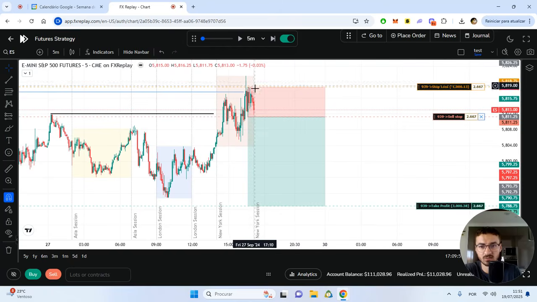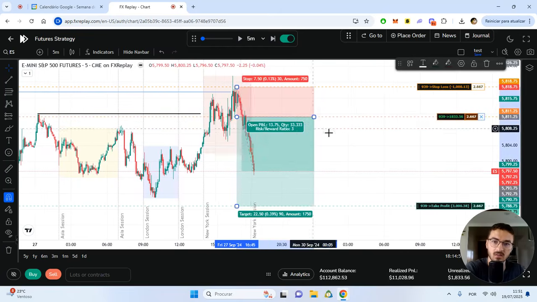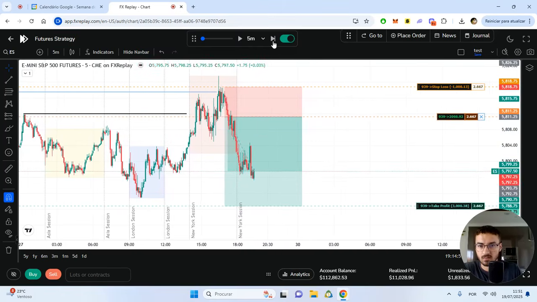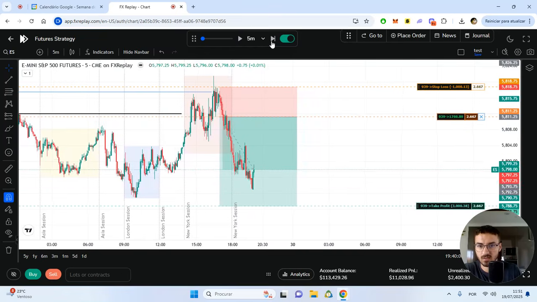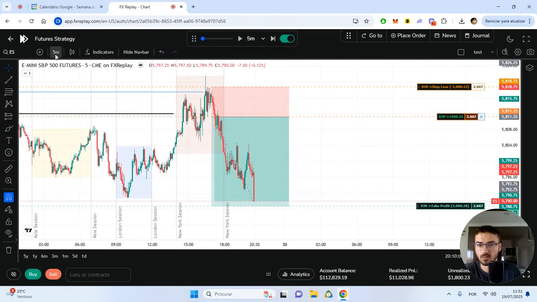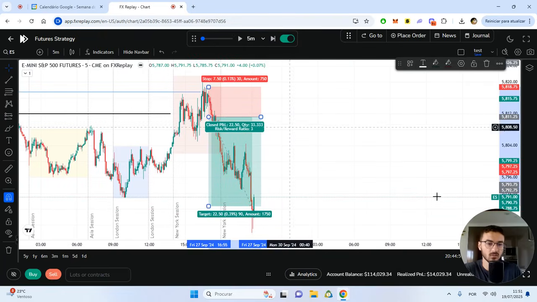It's going to be London close. So London was bullish, New York was bullish. So perhaps London close can be a retracement of both, meaning bearish, right? Let's see. It's going down beautifully. Up. Come on. Is she going to give us? Okay. Nice. And boom. What more could you want?